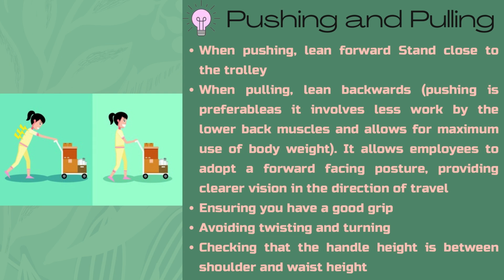The reason is there is less strain on our back muscles, or it involves less work by the lower back muscles and allows maximum use of body weight. It allows the employee to have a clear picture in front of him. So the path in which he has to go, he can see it properly. He can know the hazards or the obstructions which may lead to slips